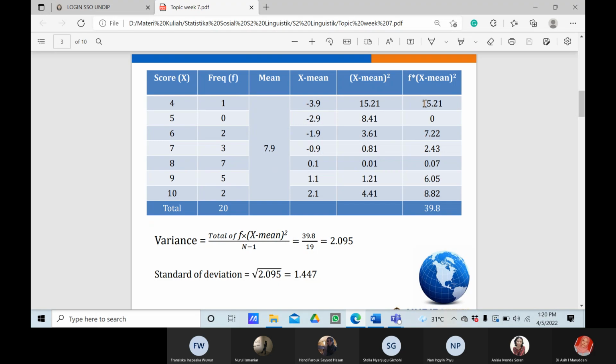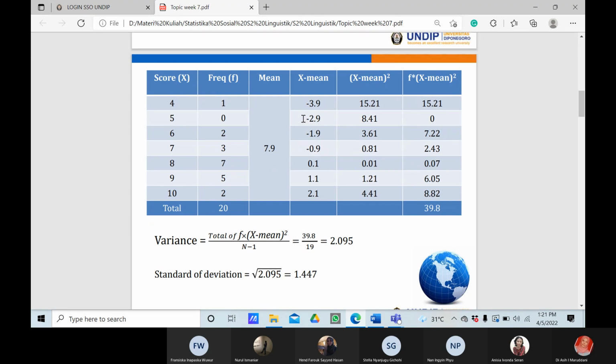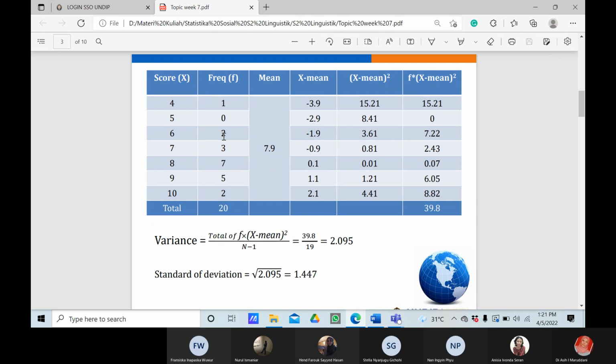Okay, the first row will be 1 times 15.21, which will be 15.21. The second row will be 0 times 8.41, which will be 0. The third row is 2 times 3.61. Then it will be 7.22. And you have to calculate for the other rows